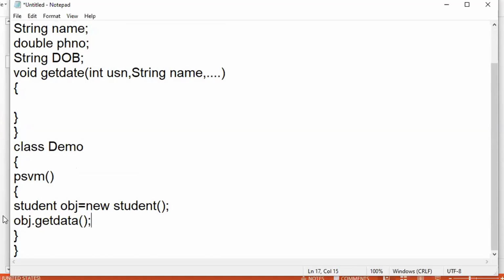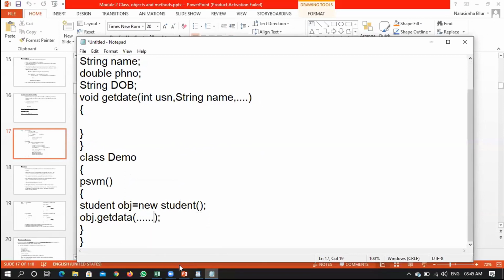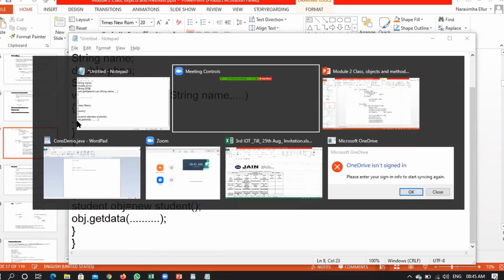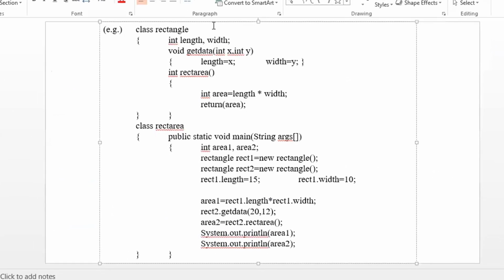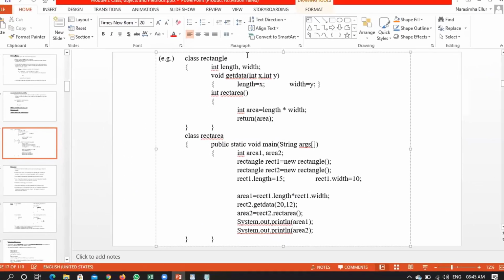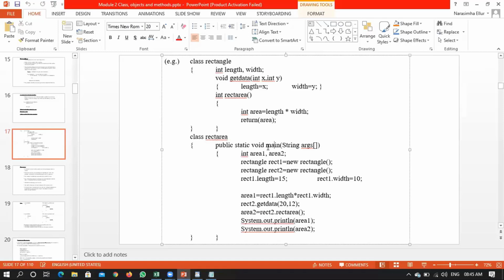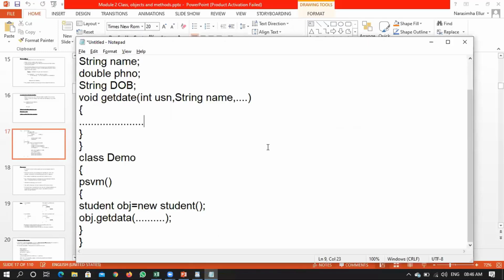Right? So now what happens is, it will create an object. It will call the method called getData. So with respect to getData, you need to pass all the values. All the values from the actual parameters will be copied to formal parameters. And within this particular logic, you need to assign those things to your instance variables. Right? So this is how we have done with respect to our last example also. Right? Clear with both the approaches of assigning a value? I am not explaining anything with respect to constructor as of now. I'm just giving you a brief description about whatever we have discussed in the last class.